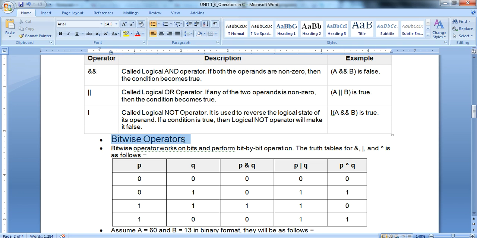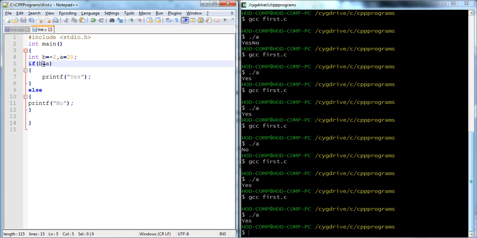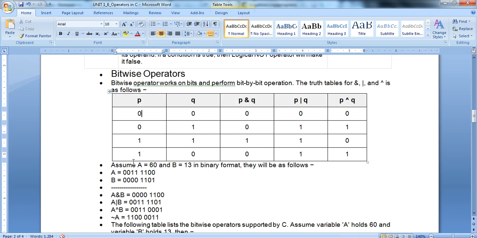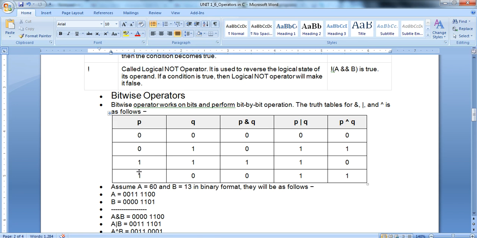But as a bitwise operator, if we go with B and A, that is simply the example. If we go with A as 60 and B as 30 in binary format, then it will be as follows, it is considered in binary format, the bits are ANDed and it checks the output. That is simply the bitwise operators.